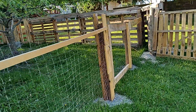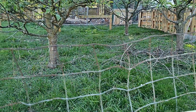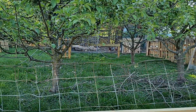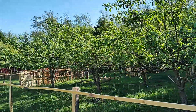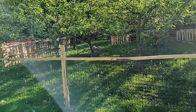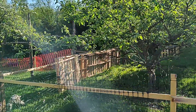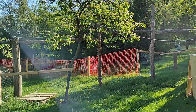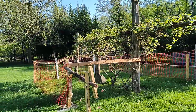Guess I'm just going to take it a step at a time. This area might be pretty okay. Maybe if I can reinforce some of these supports or something. But I'm going to be working on that other side first. But yeah, Katahdin sheep, they love sweet fruit trees. They are quite capable of getting to that which they desire. So let's go see how these